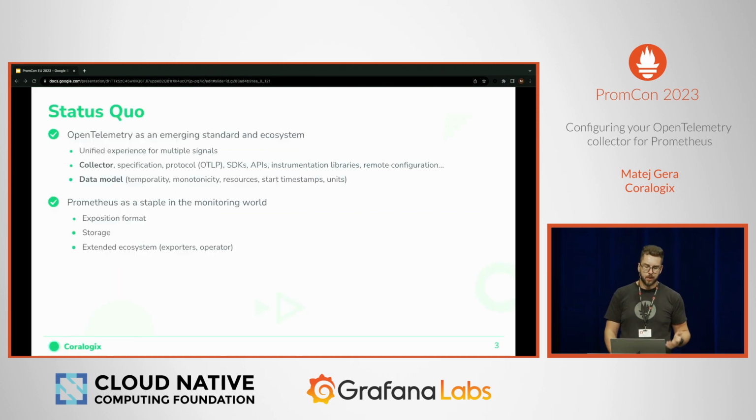So current status, we have two projects. What do we see when we look at them side by side? OpenTelemetry, we hear it left and right. This new emerging standard and ecosystem is touting itself to be cloud native, vendor neutral. It's under the auspices of CNCF, same as Prometheus. But when it comes to its definition, for me, it's always kind of elusive because it cuts through so many aspects of observability. I cannot sum it up better than as a collection of different things that are named there, but